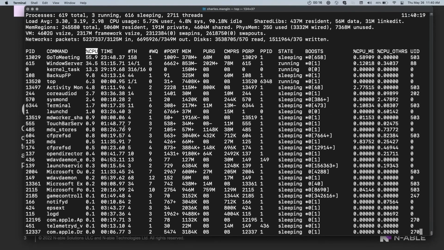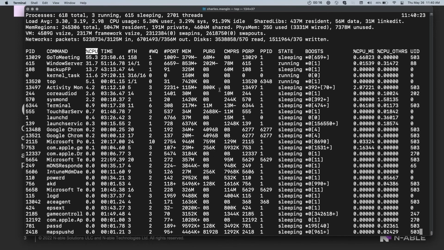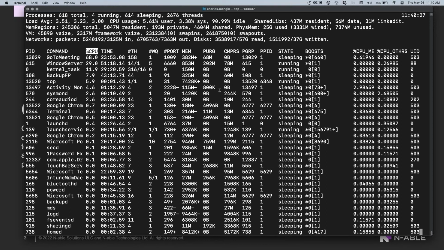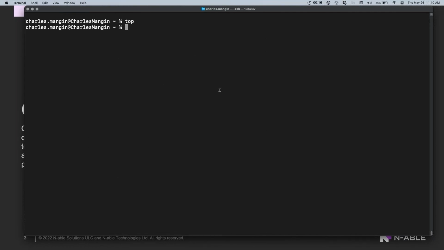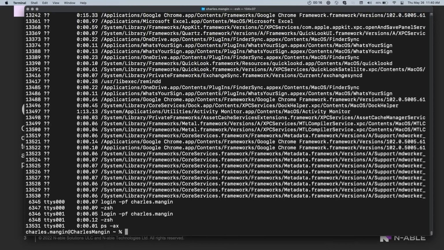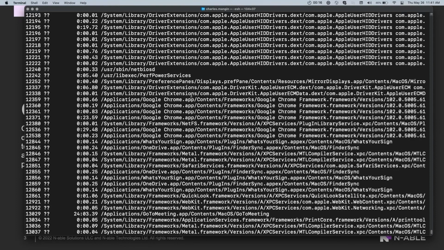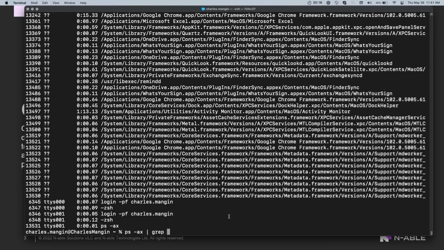By default, again, sorted by CPU. You can also sort it by, I think if you hit M, it should go to memory, or I don't remember the actual commands, but yeah, quit that. But the way to have a listing of the processes that are currently running is the ps command. ps ax will show me all of the processes that are currently running on the machine, and I can use the pipe to send that output as input into grep, which is global regular expression print, which is basically searching within the contents of all of this input for,